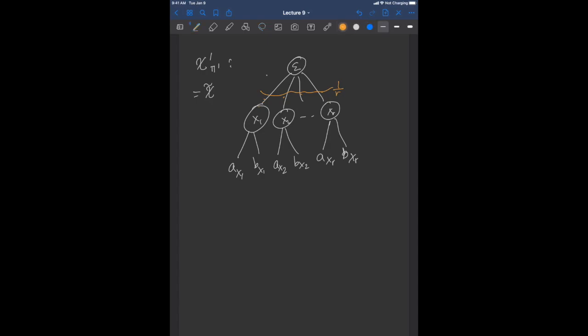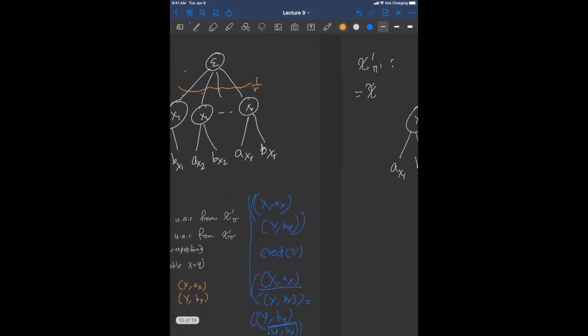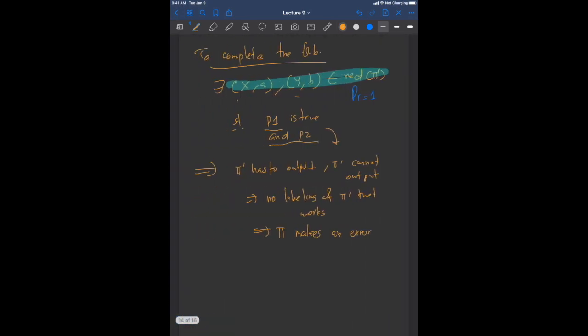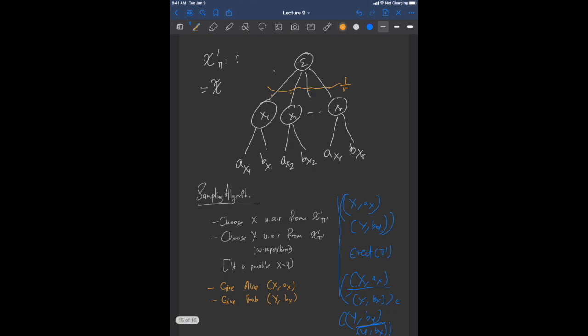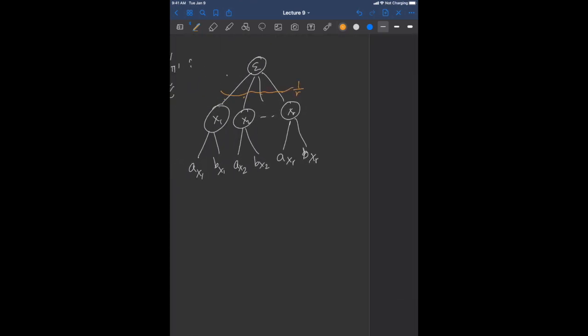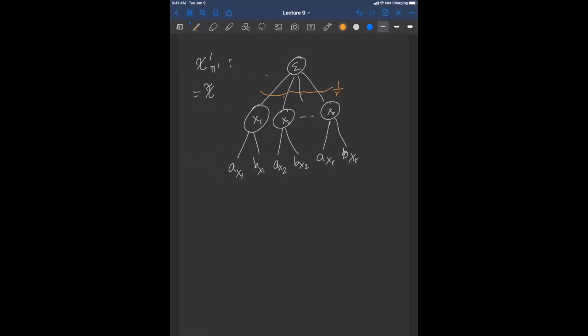So again, what are we going to do? So we will do the following thing. So we want to partition. So we want to say that these vectors are partitioned into two parts such that